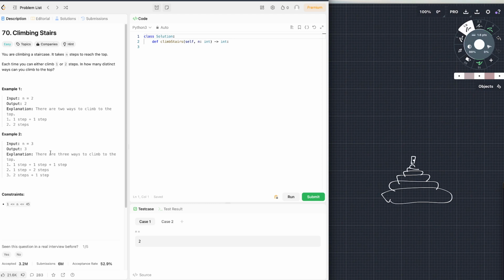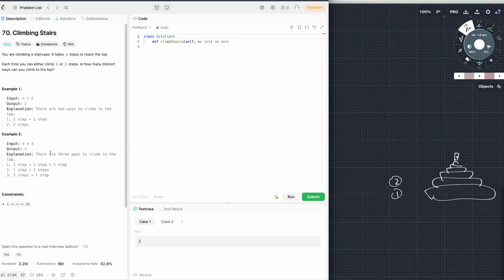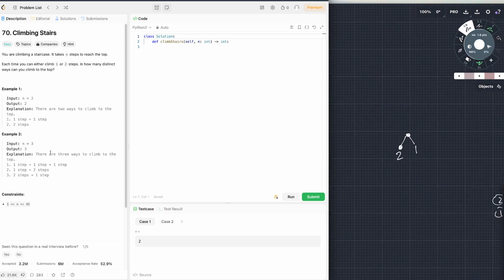Each time, you can either climb 1 or 2 steps. And how many distinct ways can you climb to the top? Example 1, input n equals 2. Output is 2. There are 2 ways to climb to the top. You can do 1 step and then take another step, right? So take, let's say, 1, 2, or,